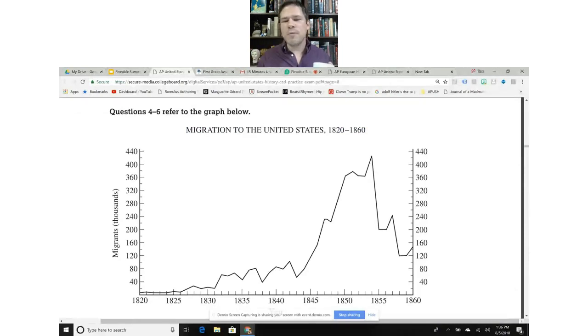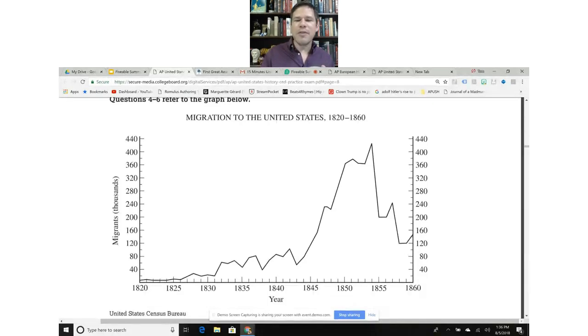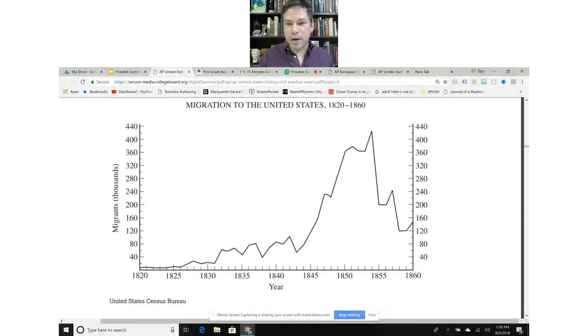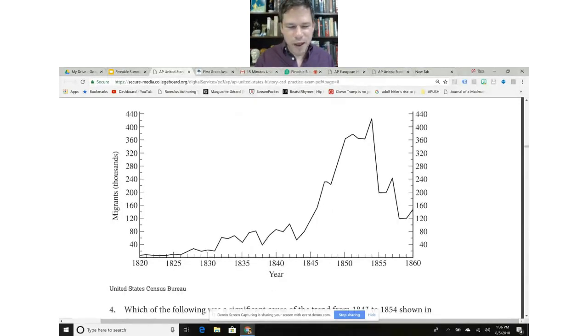Now, if the student can't associate the wave of Irish immigration with this, they're not going to get anything right. And so, even though it looks like, oh, look, colleges and universities, students have to analyze these data charts. This is so amazing. This is so rigorous. No, it's really not. It just looks that way.